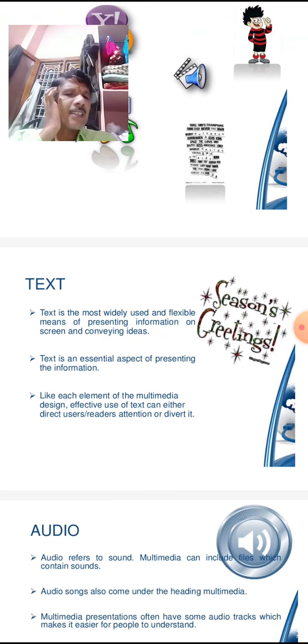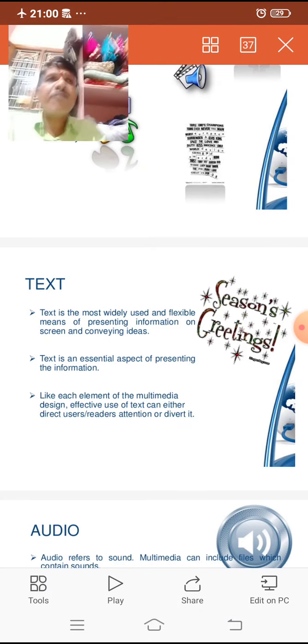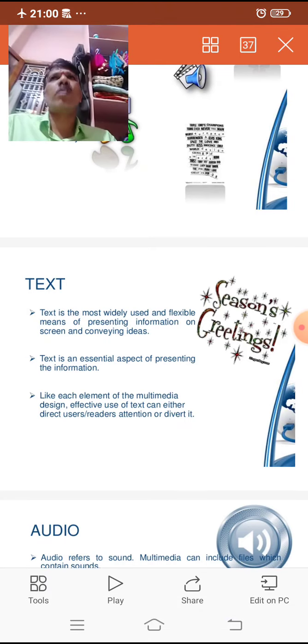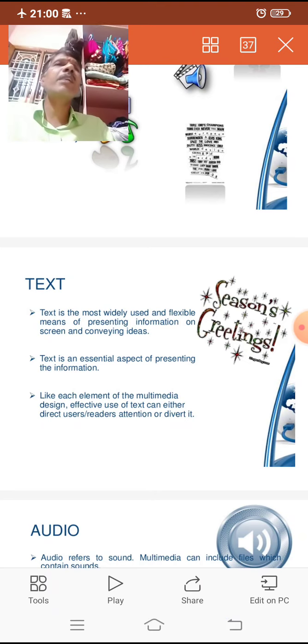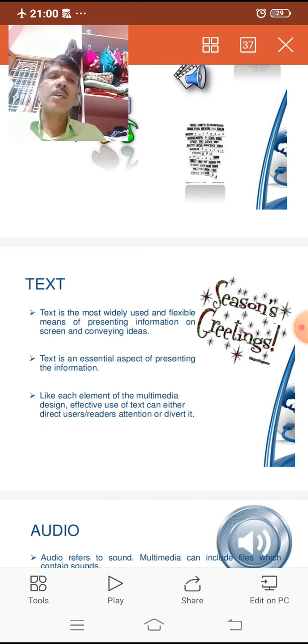Generally, audio, video, pictures, and images may attract the attention of users, but with a little space, more information can be provided by using text only. All the remaining four components are important, but compared with all of them, text is most important because more information can be provided with text only. More information can be provided while occupying less space, so text is helpful to the presenter.